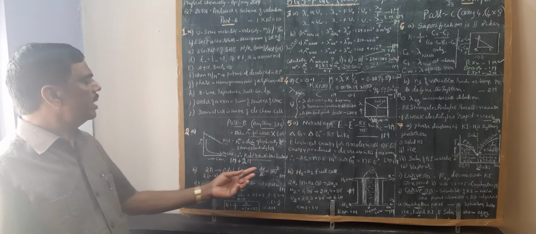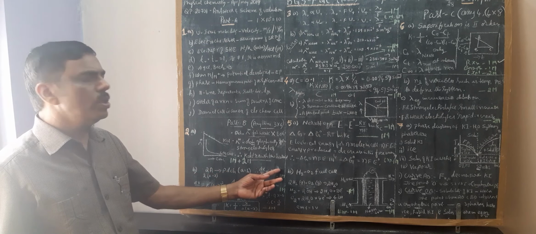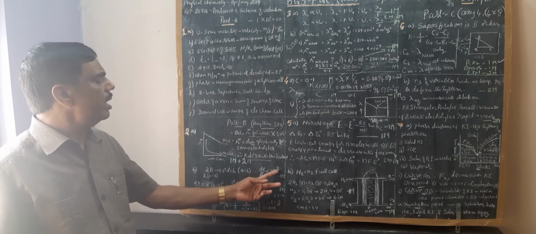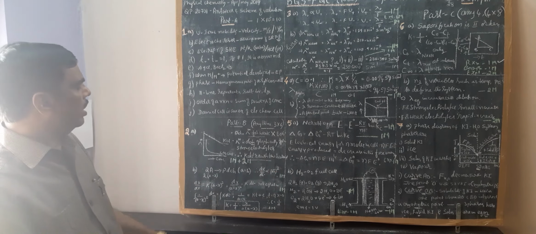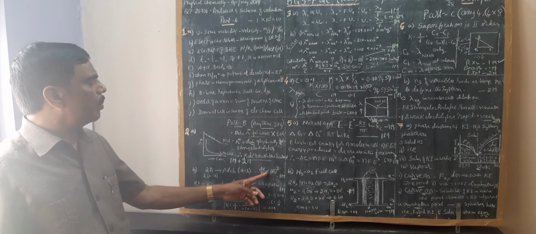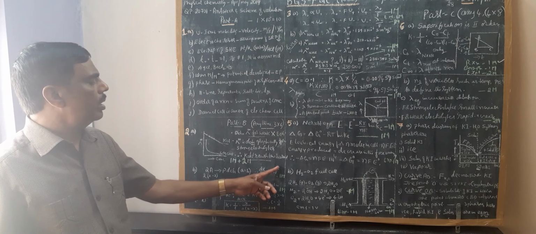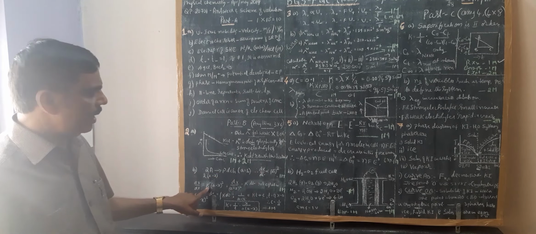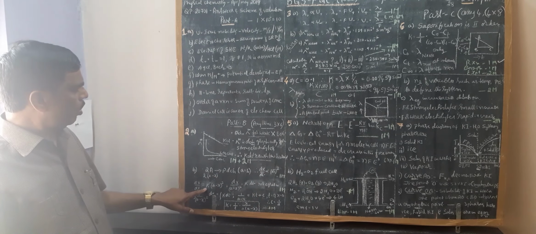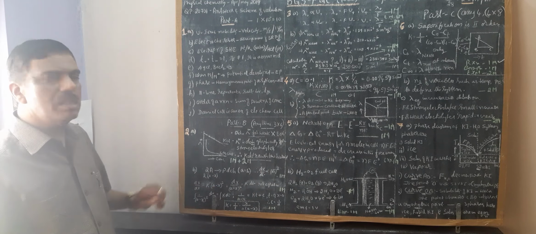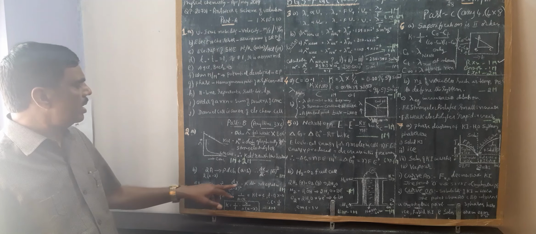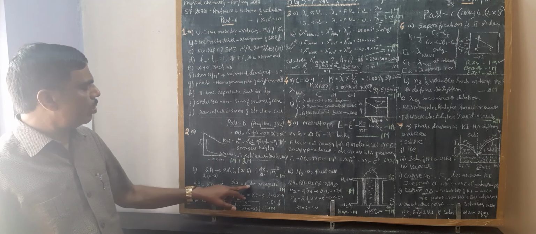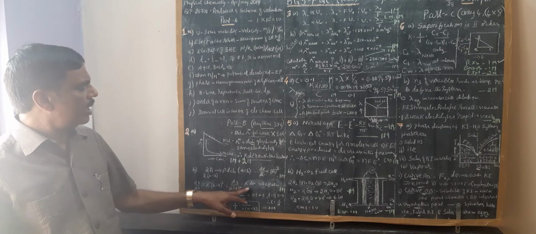Therefore, the power of the concentration term is 2. So it's a second order reaction. This is the rate expression. dx by dt is proportional to a to the power 2. So you remove this proportionality by a constant k. dx by dt is equal to k into (a minus x) whole square. You rearrange this, you will get dx by (a minus x) squared is equal to k dt. To get the total rate, you integrate that. Integral of dx by (a minus x) squared is equal to integral of k dt.